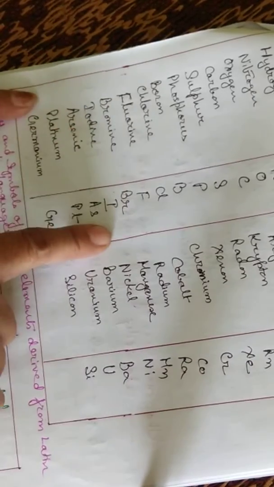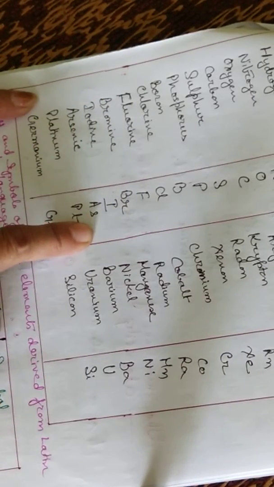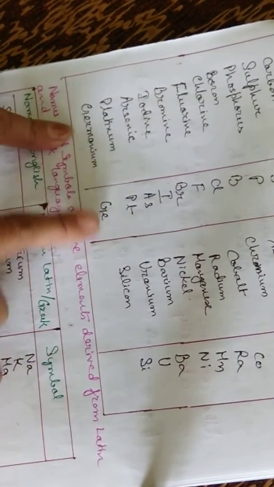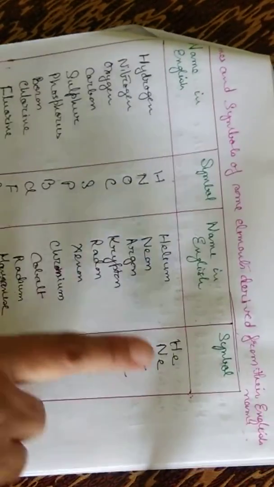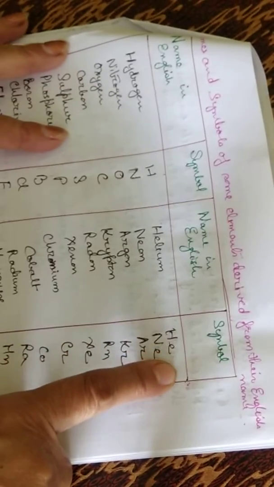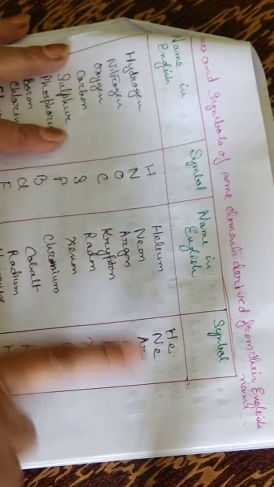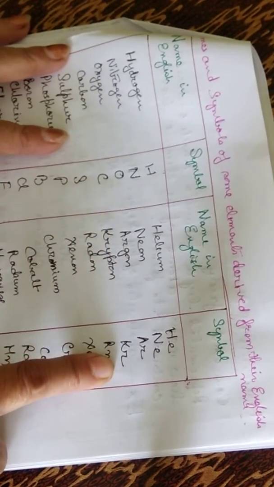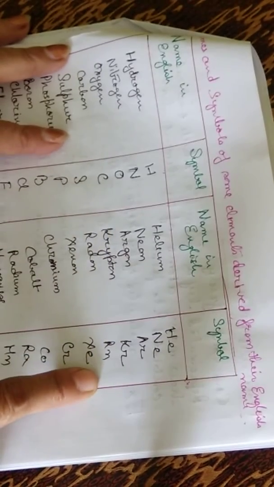capital P, boron capital B, chlorine capital C small l, fluorine capital F, bromine capital B small r, iodine capital I, arsenic capital A small s, platinum capital P small t, germanium capital G small e, helium capital H small e, neon capital N small e, argon capital A small r, krypton capital K small r, radon capital R small